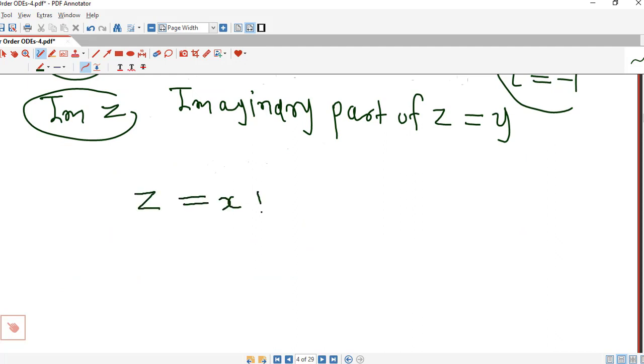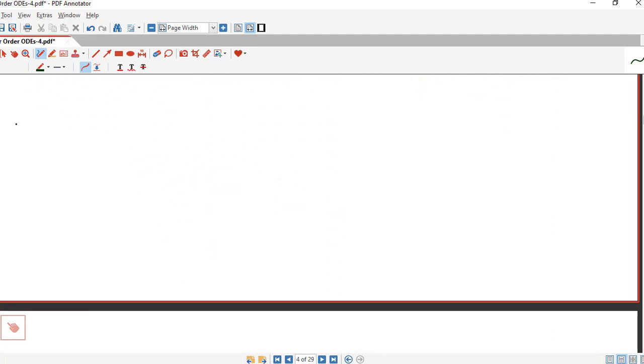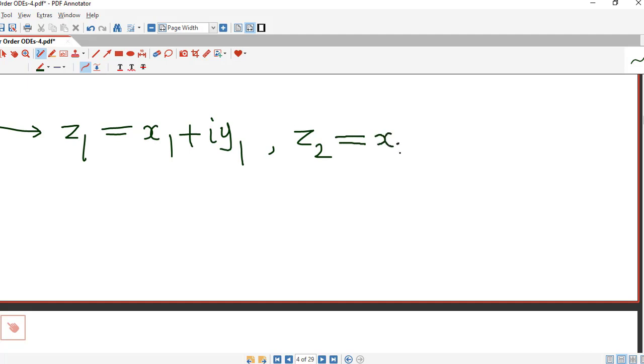If z is x plus iy, then the conjugate of z is denoted by z bar and it is obtained by replacing i by minus i in the complex number z. So if z is x plus iy, the conjugate of z is z bar equal to x minus iy. Now we discuss how to multiply two complex numbers. Suppose one complex number is z1 equal to x1 plus iy1 and another complex number is z2 equal to x2 plus iy2. Then the product of the two complex numbers z1 into z2 is given by this formula.